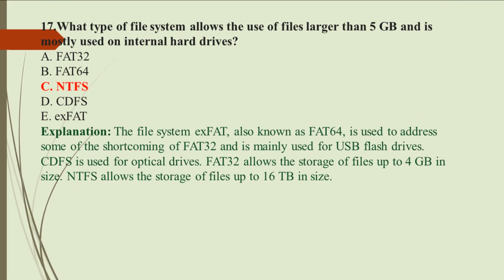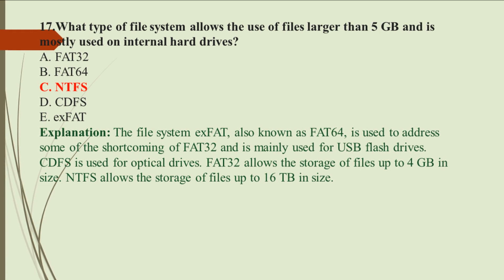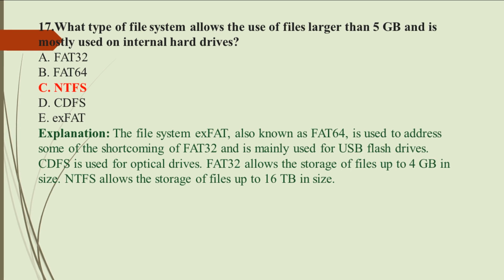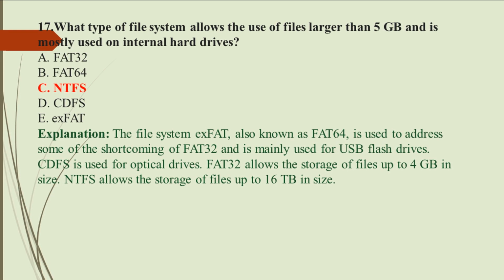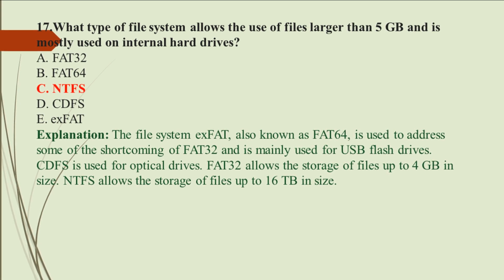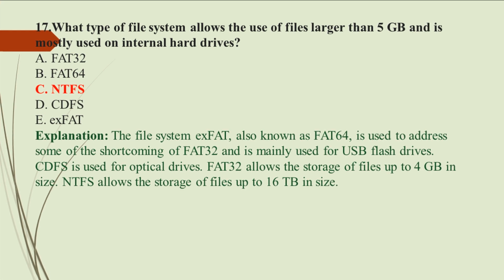Q17. What type of file system allows the use of files larger than 5 GB and is mostly used on internal hard drives? A. FAT32. B. FAT64. C. NTFS. D. CDFS. E. exFAT. Explanation: